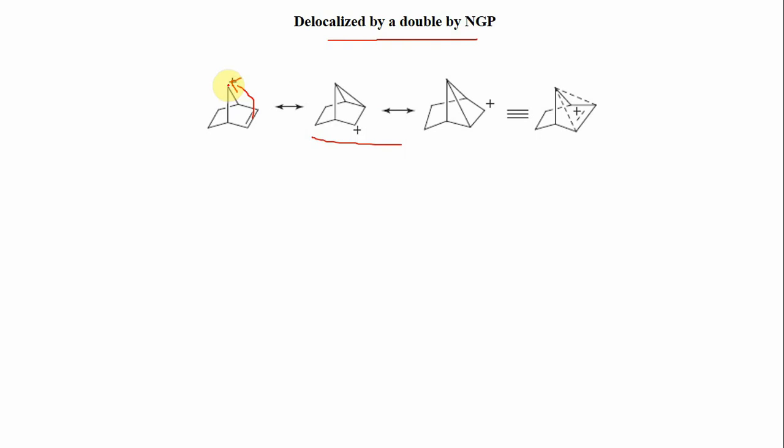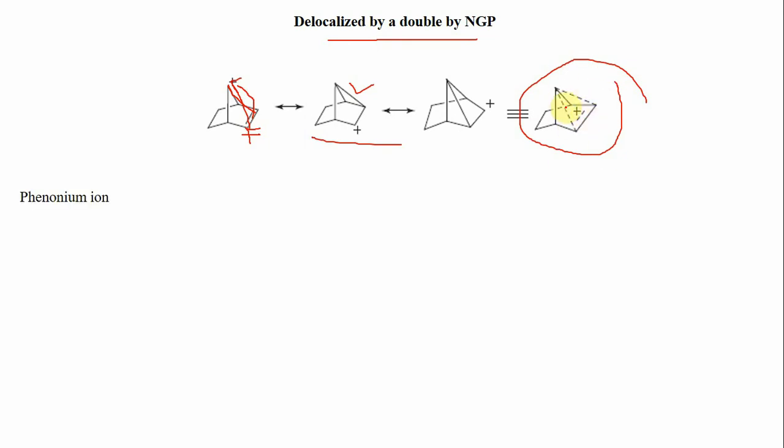Now there are two possibilities. There can be a formation of a sigma bond between this carbon and this carbon, so the positive charge will come over this lower carbon like this. On the other hand, the second possibility is that there may be a bond formation between this lower carbon and this carbon. So in this case, the positive charge will come over this upper carbon. So all these structures are in resonance with each other. That provides a stabilization. So this is also an example of a non-classical carbocation that involves formation of a two electron three